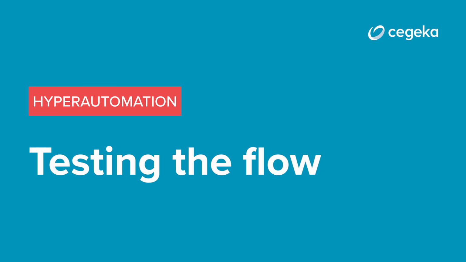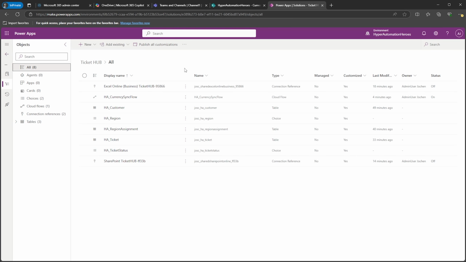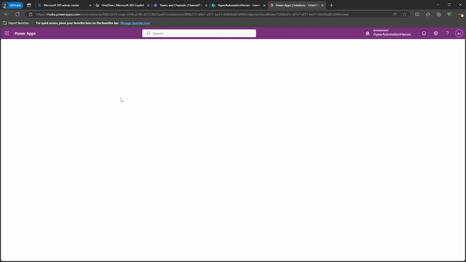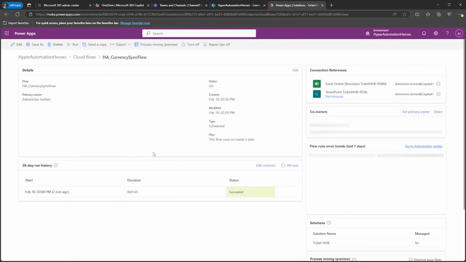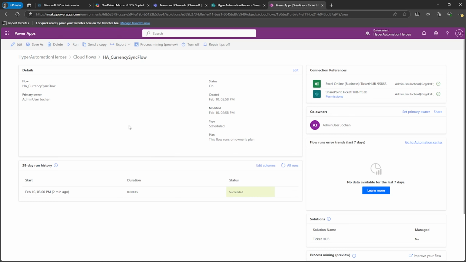One last thing to do in this first episode, and that is to actually see if this works. Now, I could wait until midnight, obviously, but I'm not gonna do that. I'm gonna go to my flow by clicking the name. This takes you to the detail page of your flow, and there's always a run button on top here. So if needed, you can always come in here and test your flow like that,